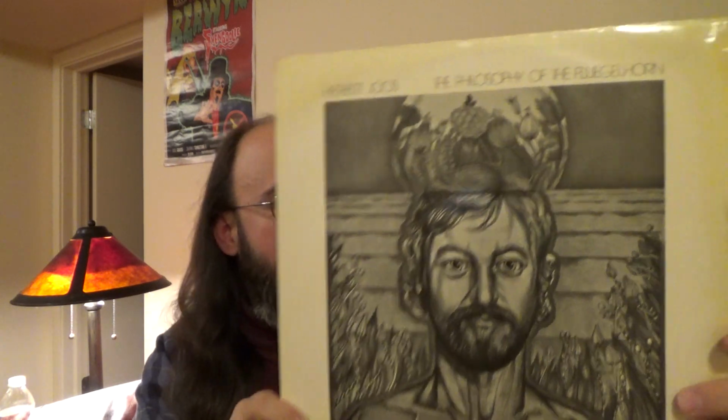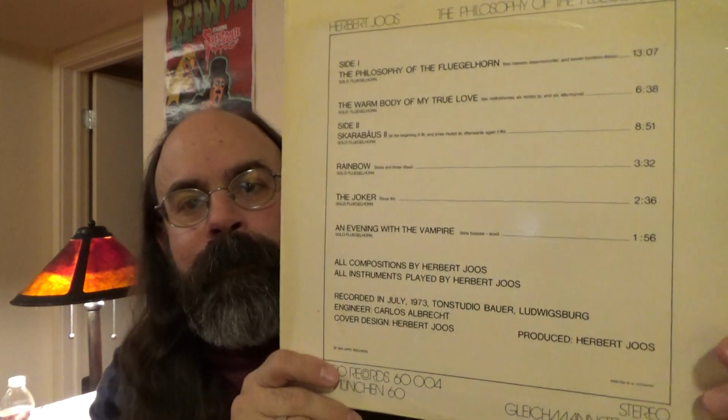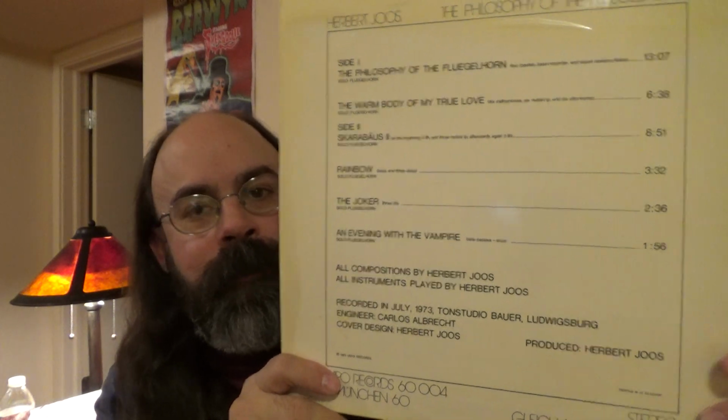But fascinating. It almost reminds me of Stefan Mikas, who actually was also on the same label. If he had done something more of an improvisational jazz thing with those kinds of instruments, you might have something like that. But it actually came a little before Mikas's albums, so it may have led to that in some ways. And for me, one of the neatest pieces is the final one, An Evening with the Vampire,